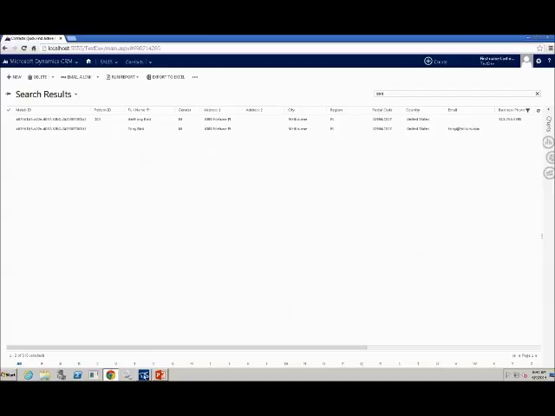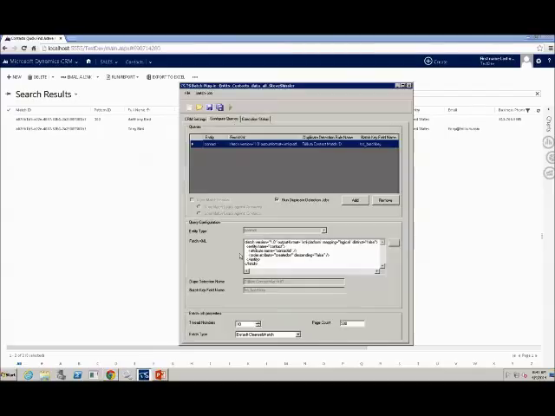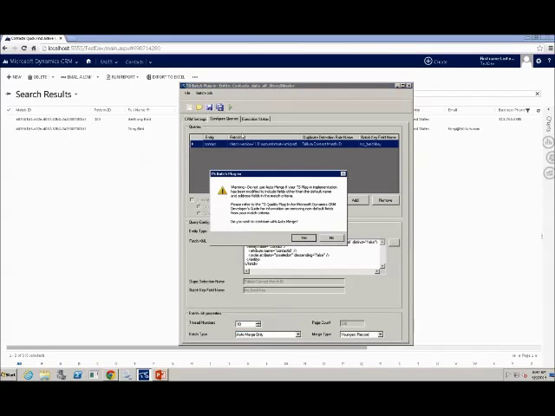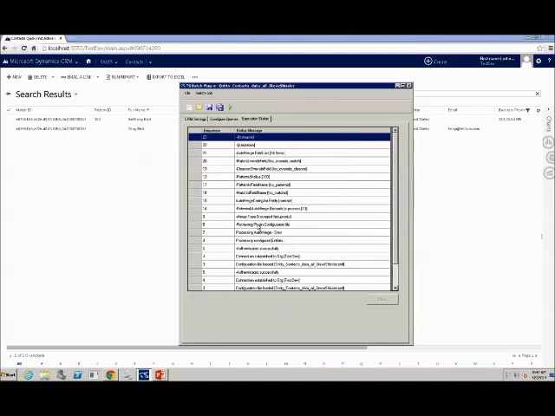So if we go back to our batch job and change our batch type to auto merge. Now, of course, all of this can be scripted together to run offline at evenings or low usage hours on the CRM system. But for demo purposes, I like to run the cleansing and matching first, and then run the auto merge step so that you can see really what happens behind the scenes. So we'll click on Run,